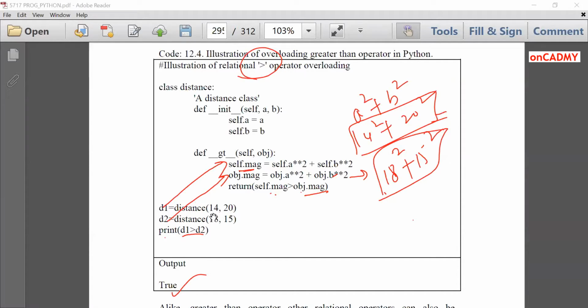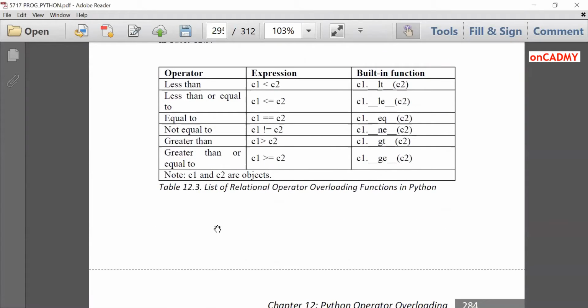In a similar way, other relational operators can be overloaded, which are given by these functions: less than __lt__, less than or equal to __le__, equal to __eq__, not equal to __ne__, greater than __gt__, greater than or equal to __ge__. And C1, C2 are objects. So by using these respective functions, you can overload these operators. Okay. So this is all about operator overloading in Python.